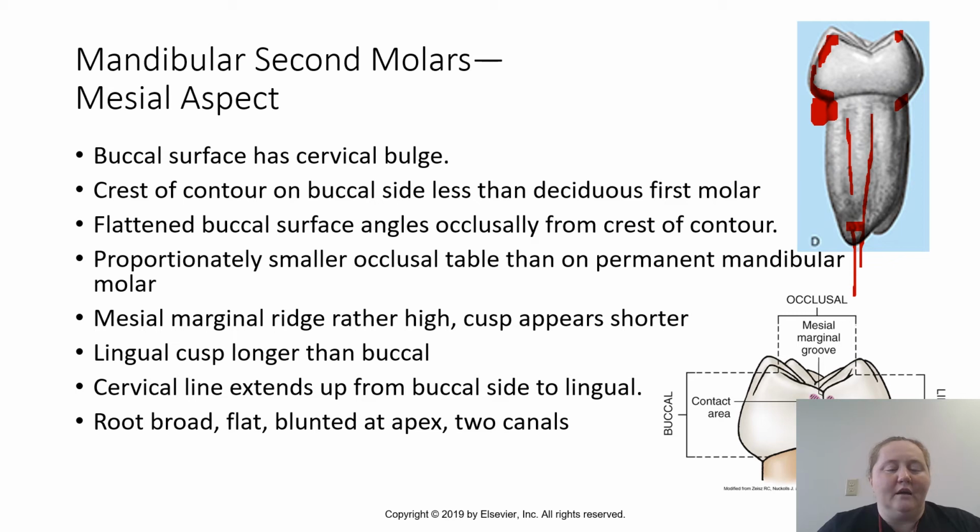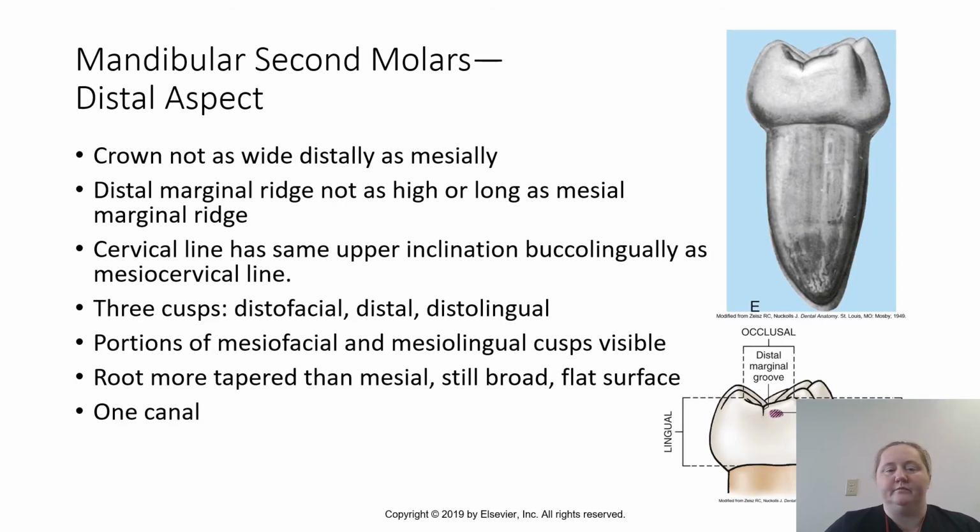There we go. All right, so this is just like the permanent mandibular molars, right? Two first molars, two in the buccal, one in the distal. All right, our distal aspect, again, this is going to have one canal. Okay, this root is going to be a little bit shorter than that of the mesial, but it's still really